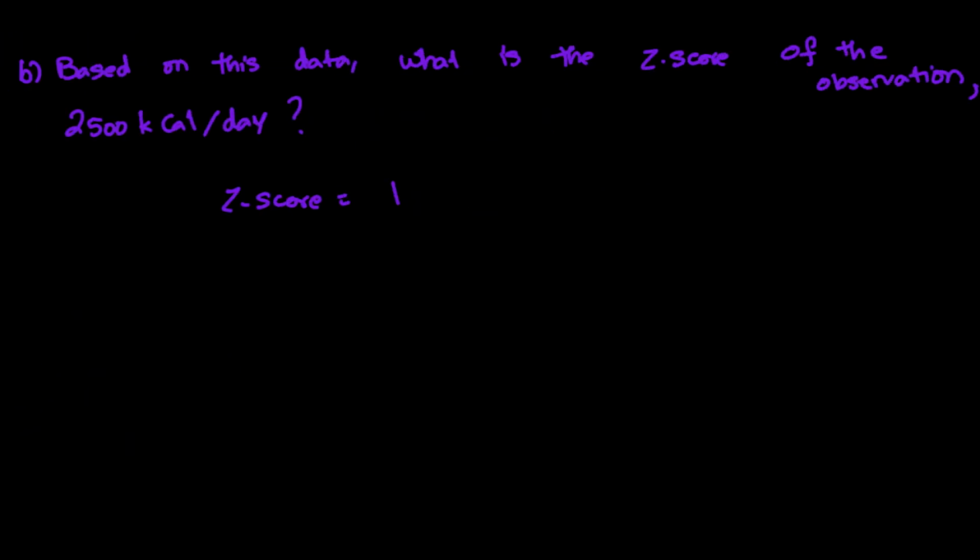So let's say we have x bar as 2400. So if I moved 3 standard deviations to the left, let's say that is our line for the calorie intake,